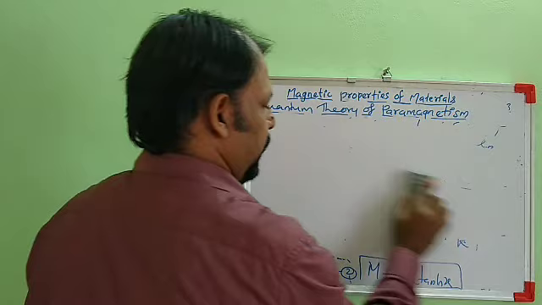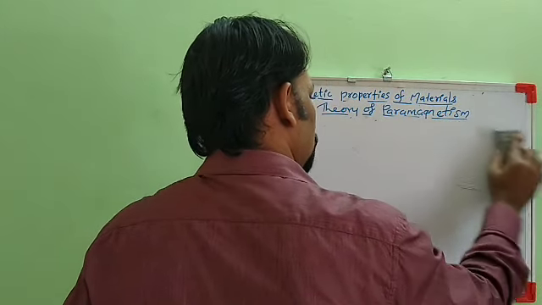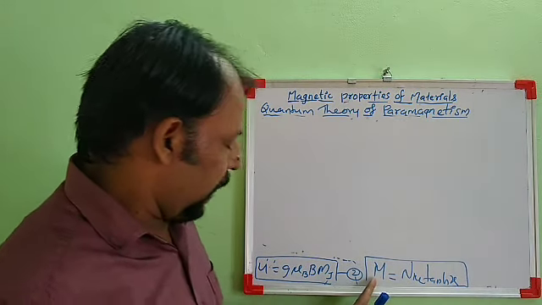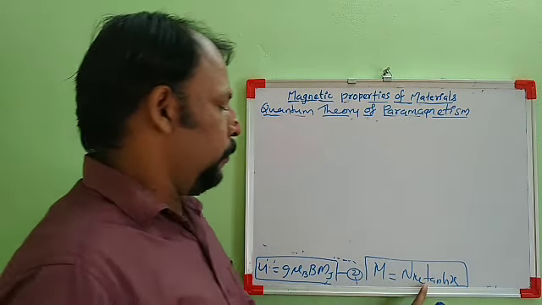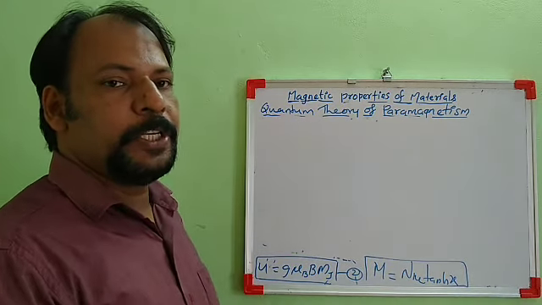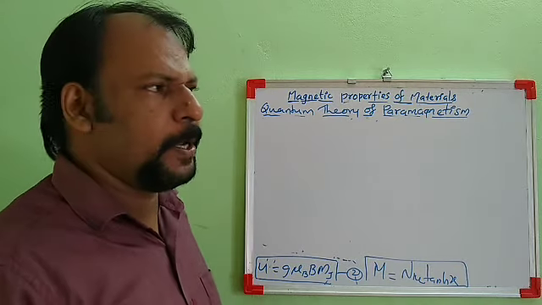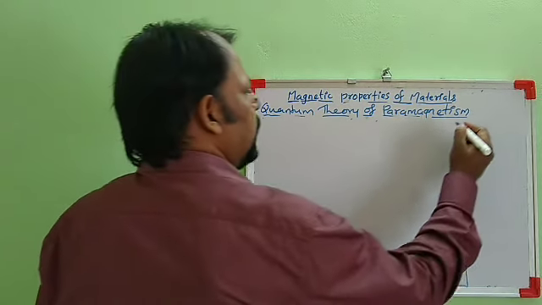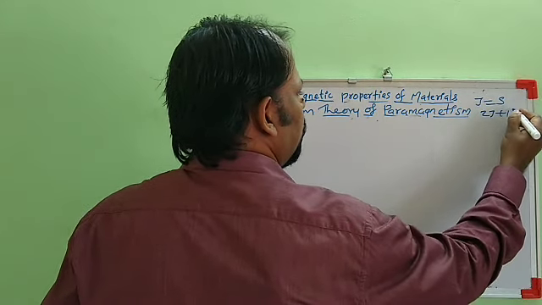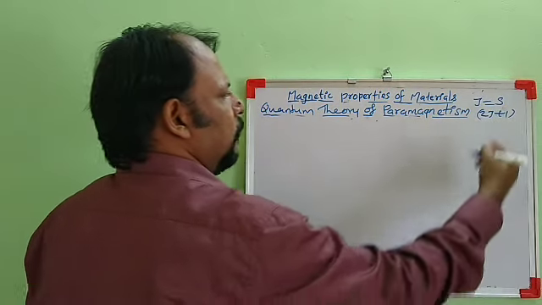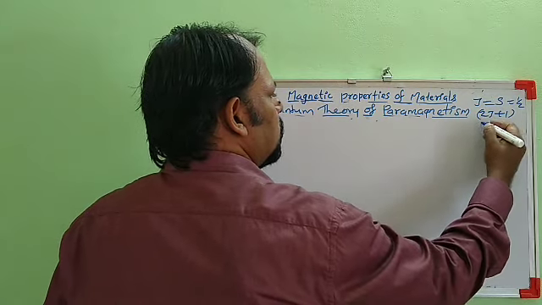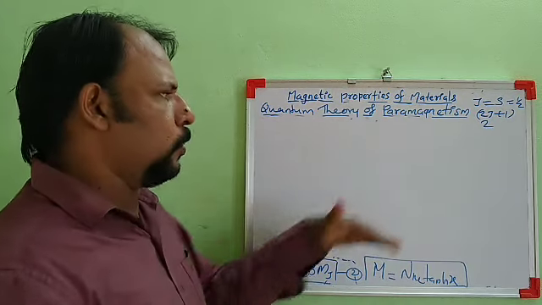So this expression we have derived for S equal to 1/2 and L equal to 0 case. In that case, we got the magnetization as n mu into tanh x. But in a general situation, if it is not S equal to 1/2, then we got J equal to S, and we are having 2J plus 1 energy levels. If S equal to 1/2, then we will be having 2 into 1/2 plus 1, 2 energy levels.